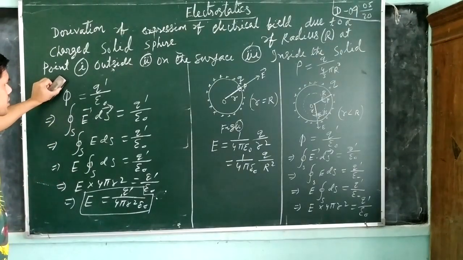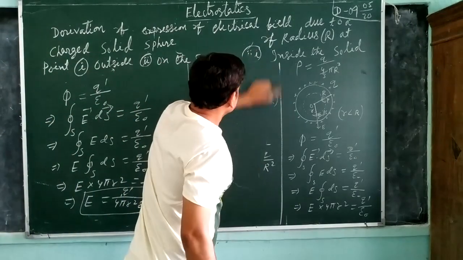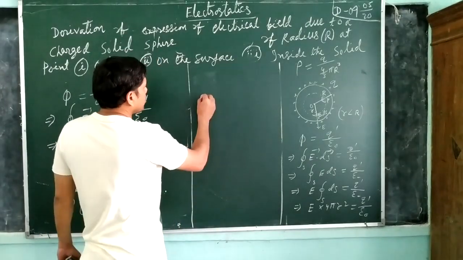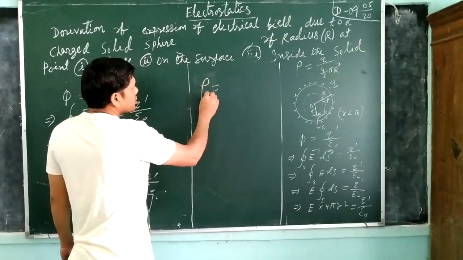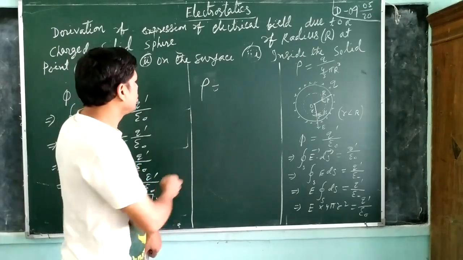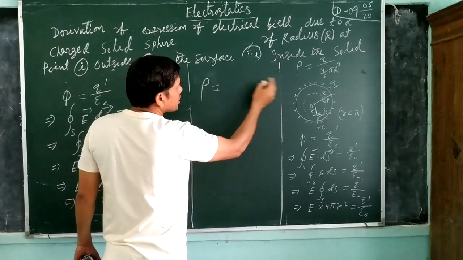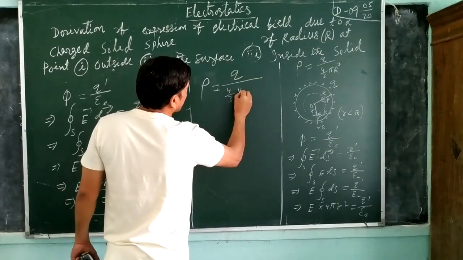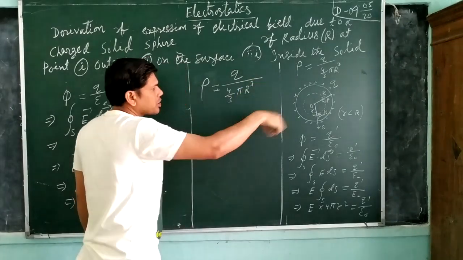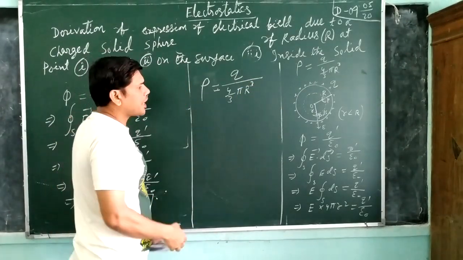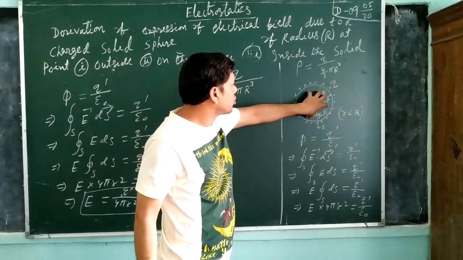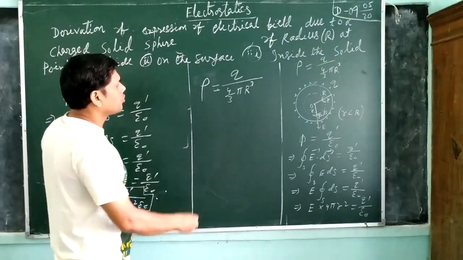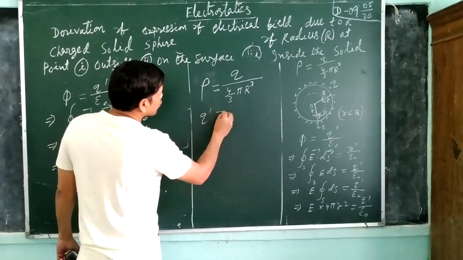So how to find q dash? Here we have to apply the volume charge density. We already discussed that the notation of volume charge density is rho. So rho equals total charge Q by total volume 4 by 3 pi capital R cube, where capital R is the radius of the solid. Now the charge enclosed by the closed surface whose radius is small r is Q dash. So how to find Q dash? Q dash equals